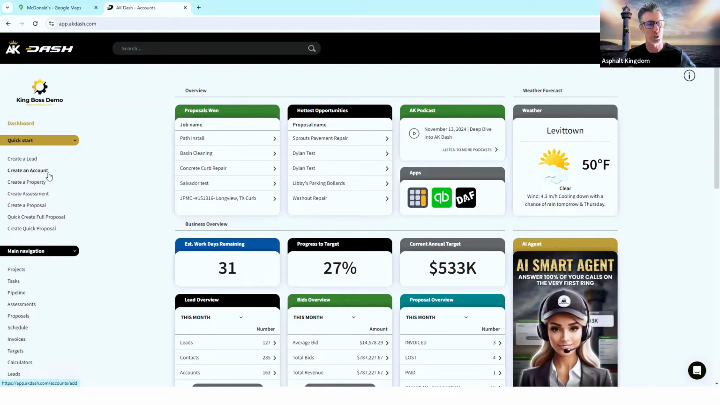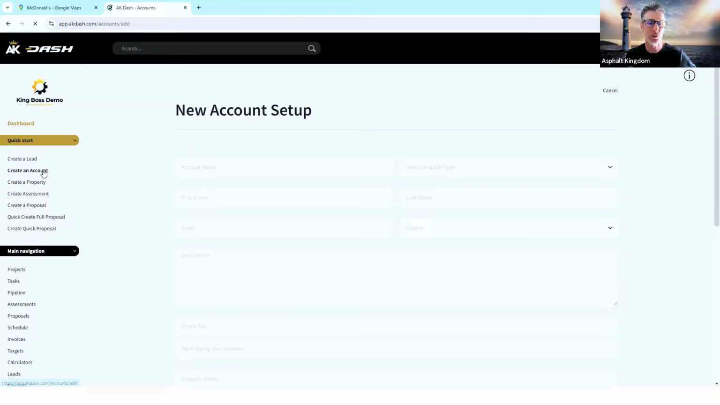And of course, as we're doing this, we want to create an account first. So we're going to call this McDonald's. And I'm going to call this, for fun, Central Florida. Let's go ahead and do that. Account type is commercial. First name, we're going to just do a test here. Verna Joss. Verna testing